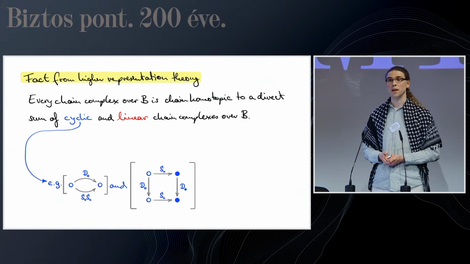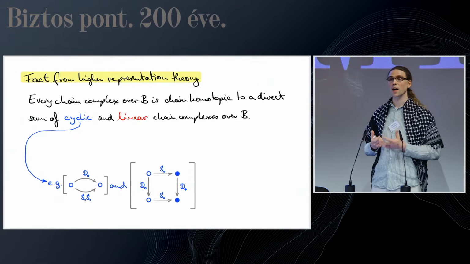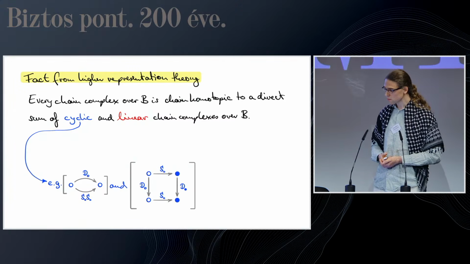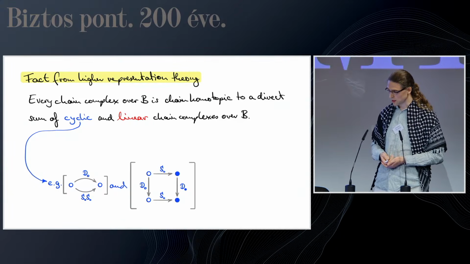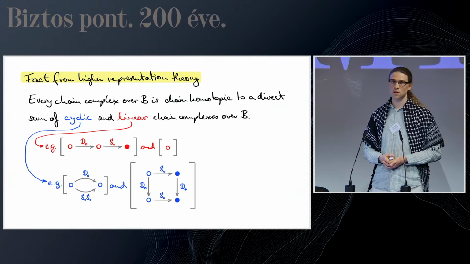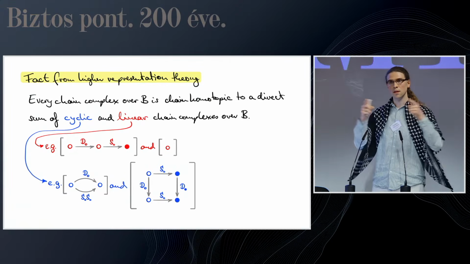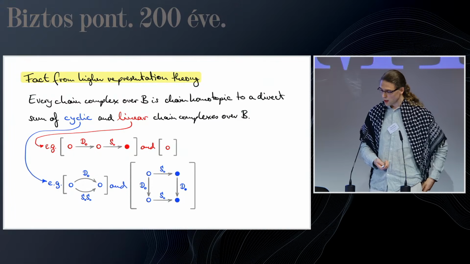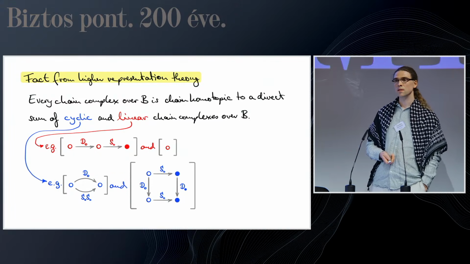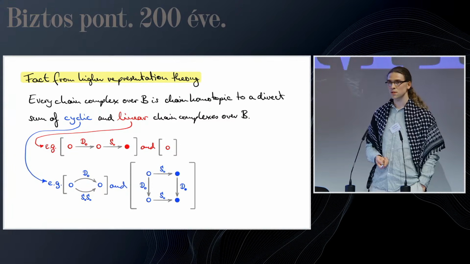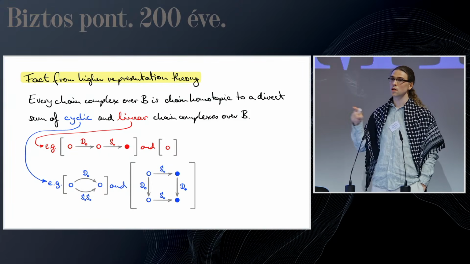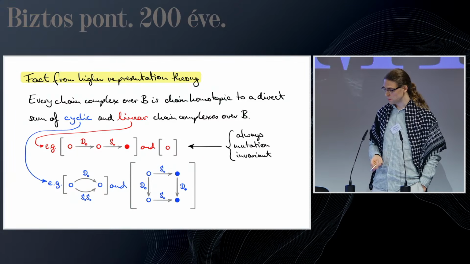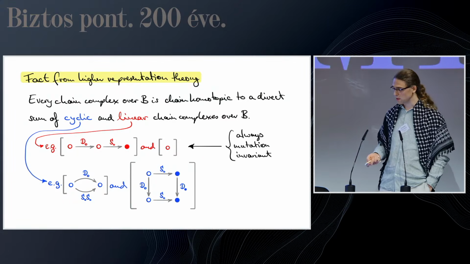So a cyclic chain complex, what I mean by that is it has a graph that looks like a circle, a circular graph. Okay, so here are two cyclic graphs. And a linear chain complex is just one that is represented by a linear graph. Now these linear graphs, they're fine when we think about mutation, because there we can always do this base change to get rid of any coefficients, actually, if we work over fields. Okay, so this is always mutation invariant, whereas these